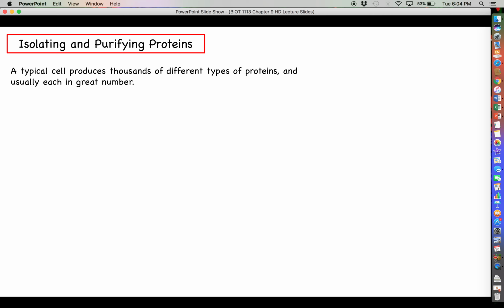So the first thing that we need to understand right off the bat is that even if you've identified a protein of interest, and even if your transformed cell is overexpressing this protein, meaning that it's making this protein in much higher quantities than most other proteins, there's still going to be other proteins in the cell. So a typical cell is going to produce thousands of different types of proteins other than just the one that